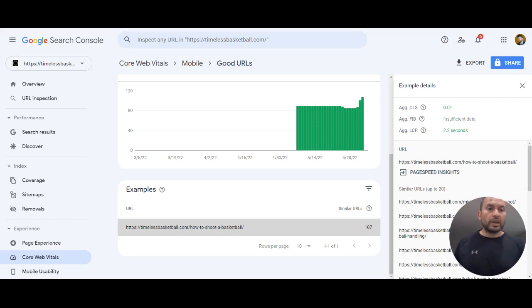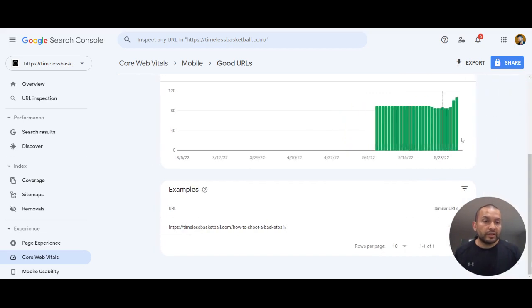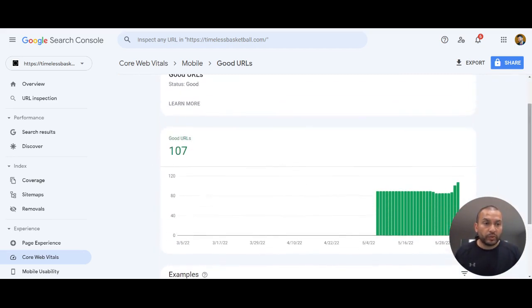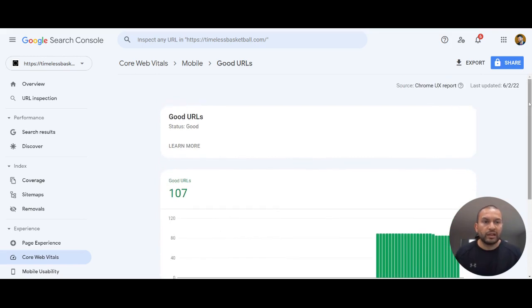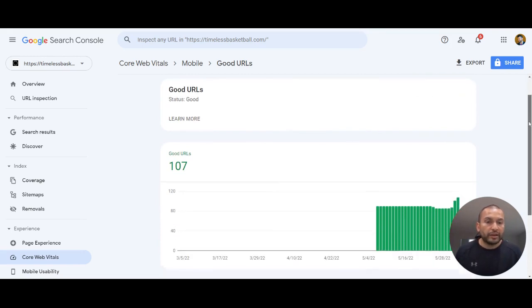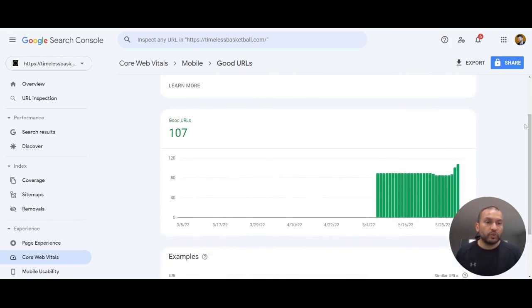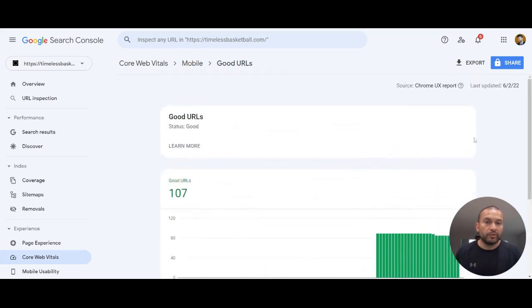0.01, and this is not the time that it takes Googlebot to necessarily render the page. It's not how fast the bot clocks in at. It's about actual real world users, about 75% of them, and what their experience was in the last 28 days, depending on whether they came in from mobile or from desktop, right? So